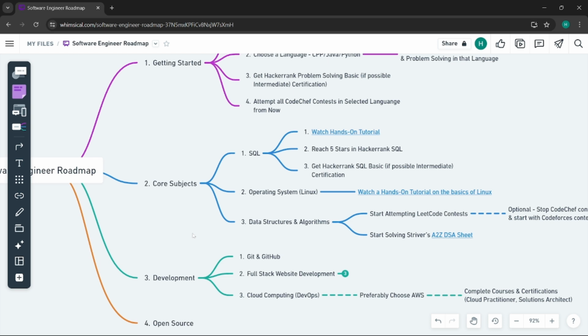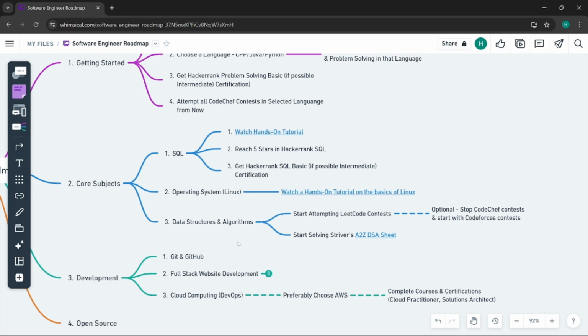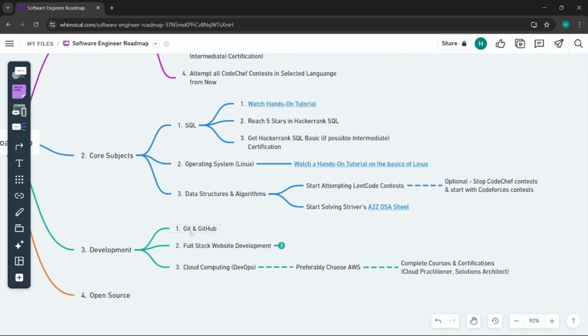So it's sort of full stack, where the person knows how to code the front end and the back end as well. He knows the front end, how to write HTML, CSS, whatever UI is there, and the back end, which consists of the app communicating with the database and all that stuff, right? So this is the whole full stack thing here. In development, Git and GitHub is very much important, because if you are not aware of version control, you are not a complete, all-round software engineer.